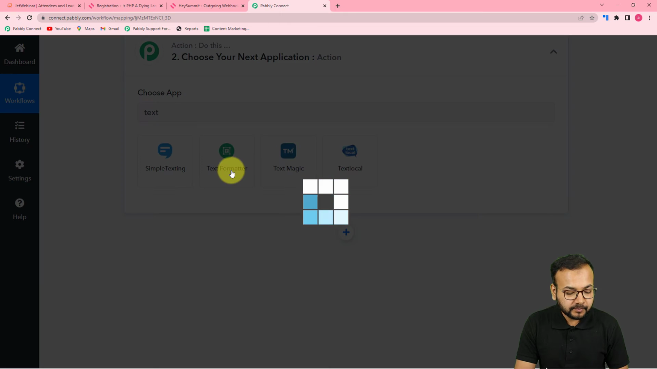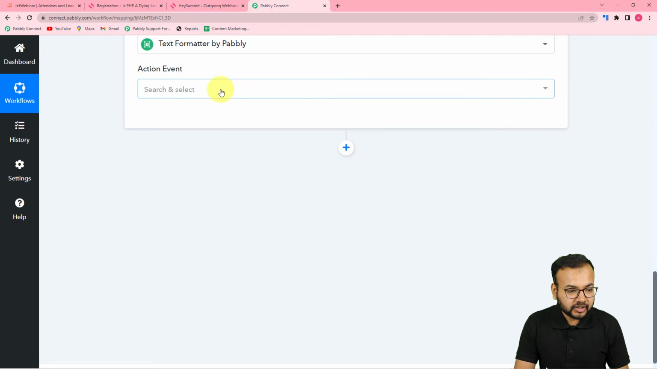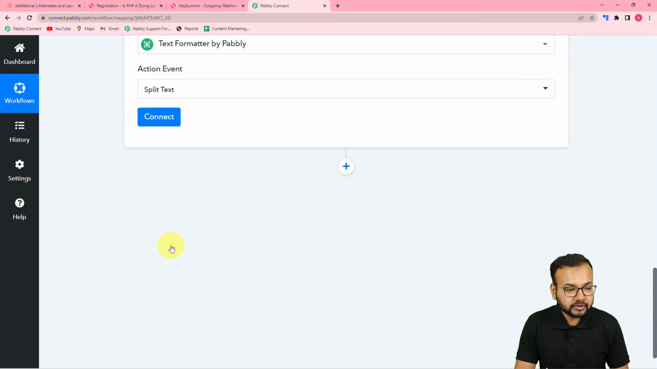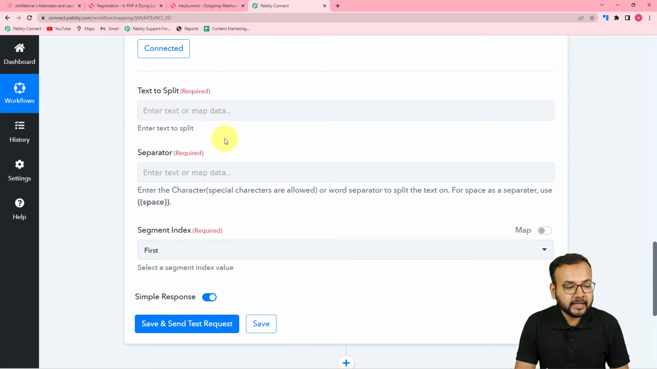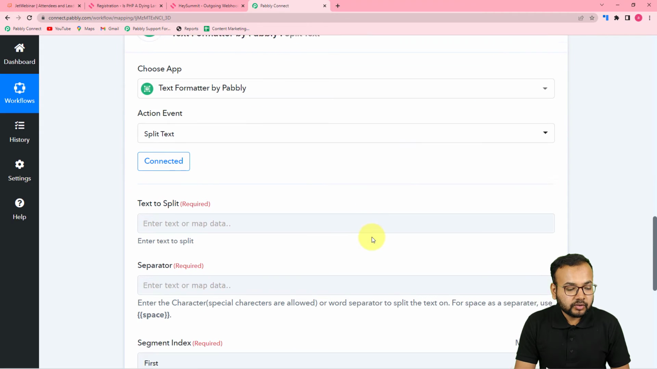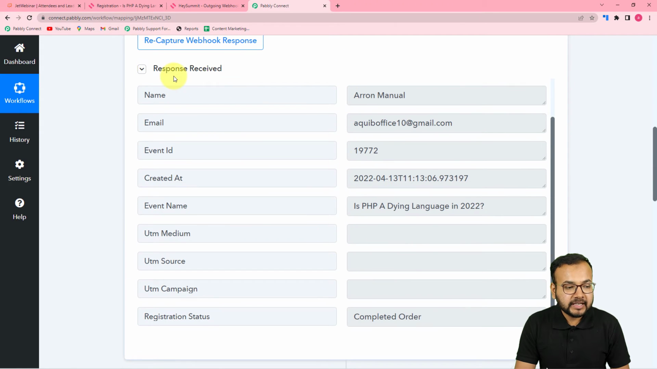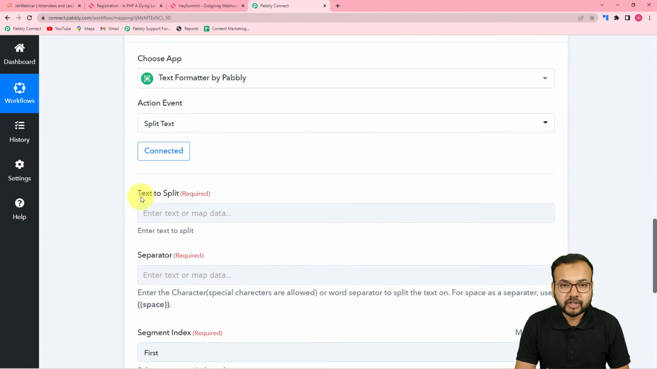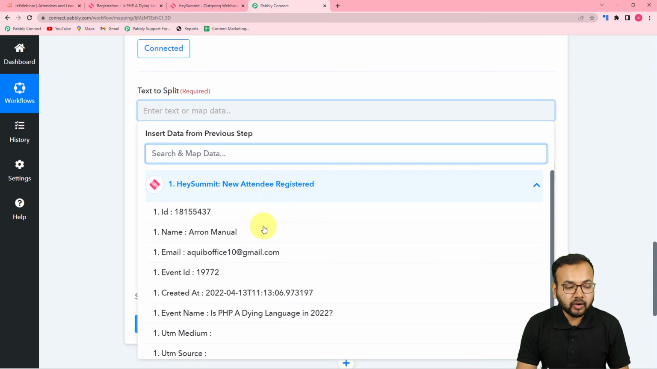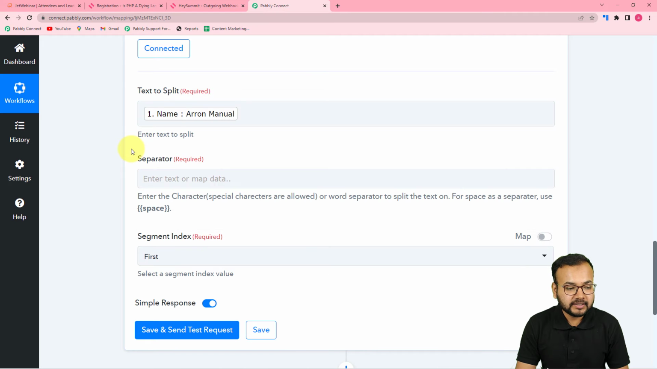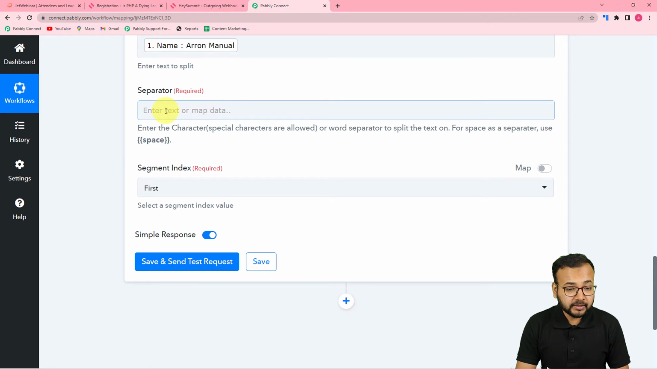Search for Text Formatter, and then in the action event, select Split Text option, click on Connect, and now it is asking which text you want to split. And so I'm going to map this name label here in this second step. To map it here, just click here, and you will find this first step in the drop down, and when you click on it, you will see all the data that you have received in the first step. So from here only I'm going to map the name like this,